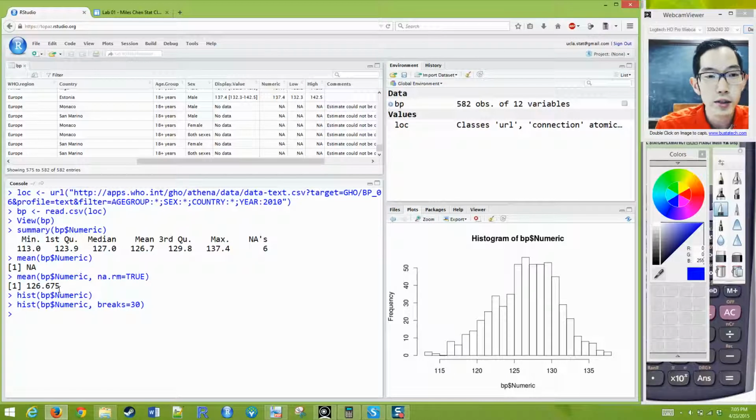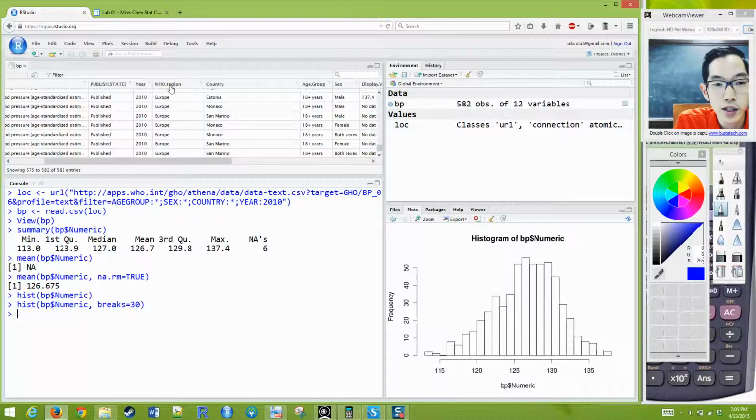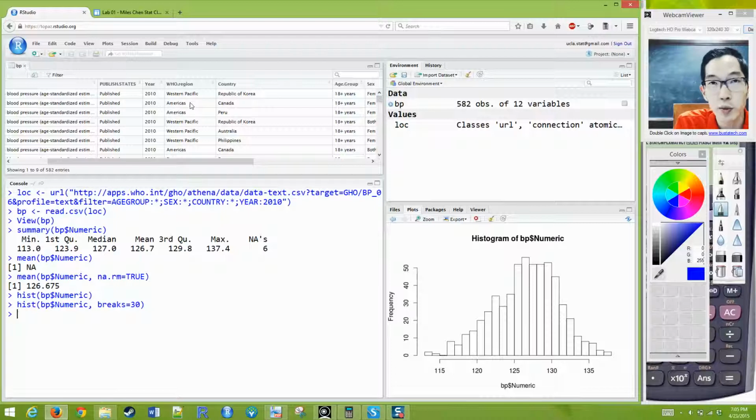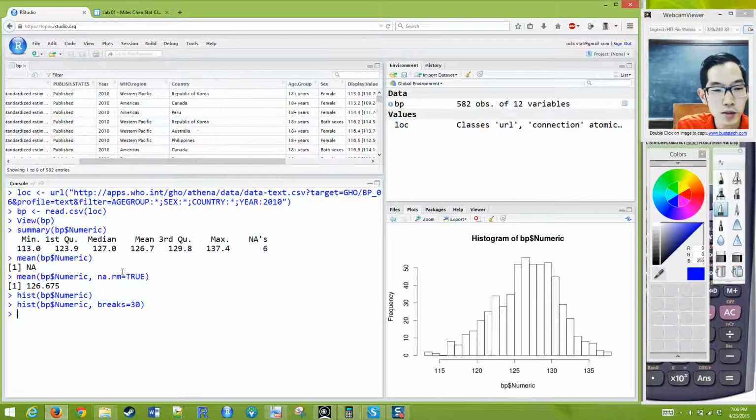When we look at our data set, BP, or whatever you have called it, we notice there are different regions as defined by the World Health Organization. Okay, so depending on who you ask, how many continents or how many regions are there in the world, it's a difficult question to answer, but this is how the World Health Organization has defined regions. Okay, so Canada and Peru are both in the Americas, and we can say, well, let's create a blood pressure data set for the Americas. So I'm creating a new data set called Blood Pressure Americas,